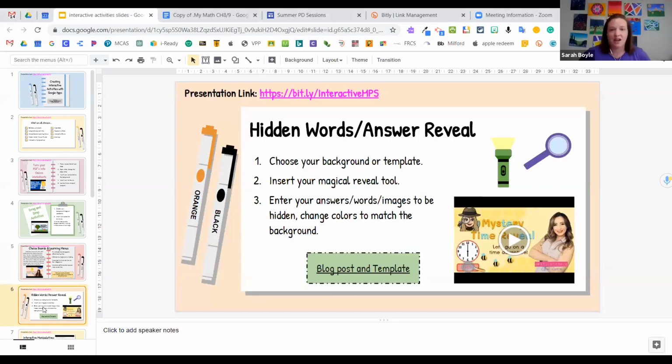Okay, I'm going to continue screen sharing and move on to the next type of activity. So next we have hidden words and answer reveal. Now these are really cool. They take a little bit of foresight and a little bit of work to get going in the beginning, but basically the kids use a digital tool. The most common is a magnifying glass or a flashlight, and they use it to reveal hidden things within your